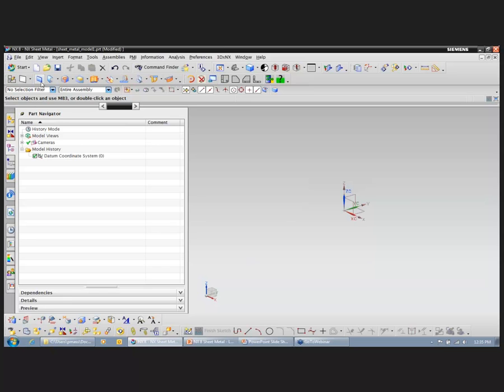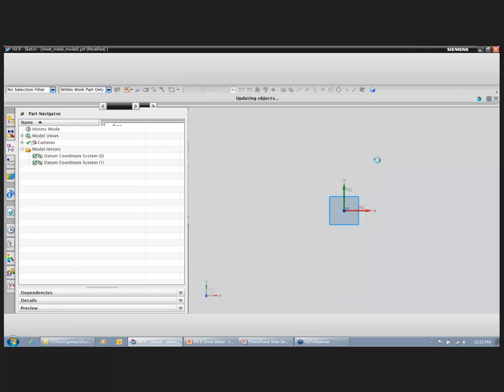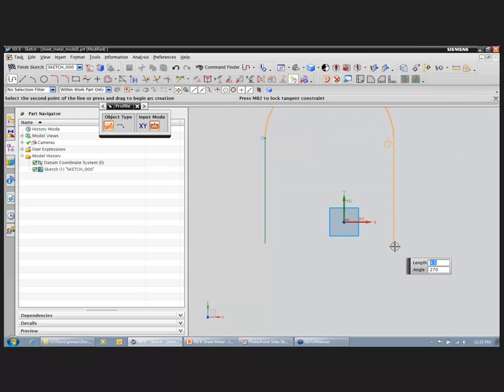We're going to start with the tab command. It's the very first thing I need when starting a sheet metal part. It's my base feature. I go ahead and select the plane I want to draw on, and I'm in the sketcher mode right now, and I'm going to go ahead and use the profile command to just come in here and rough sketch a shape, maybe a rectangular shape with a semicircle at